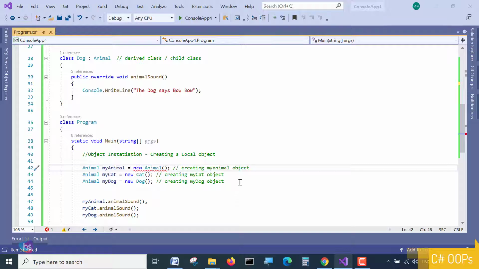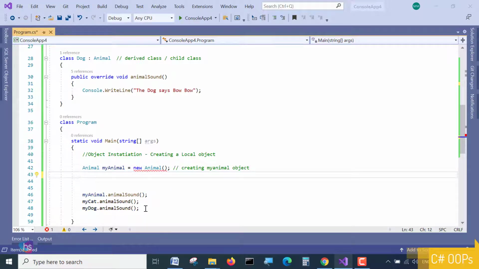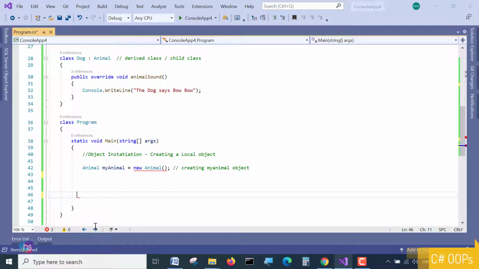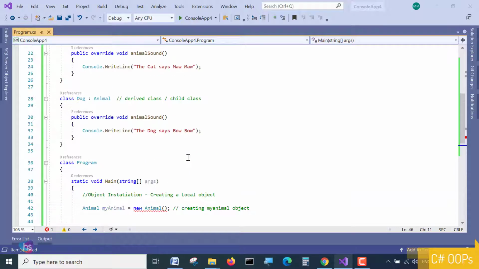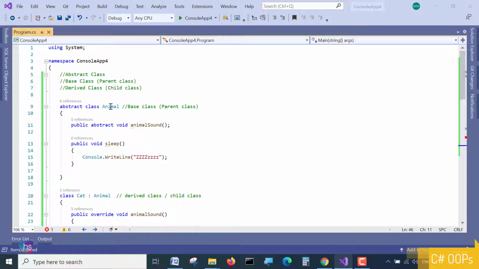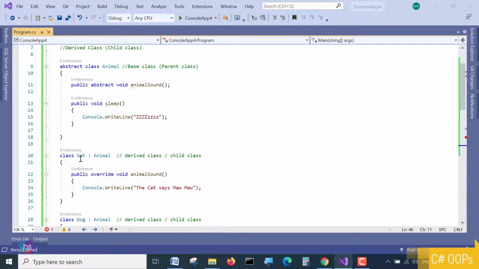So what do we need to do? A simple exercise: we always inherit this abstract class to a child class. To inherit the properties to the child class and instantiate the child class, then you may avail of these abstract classes.